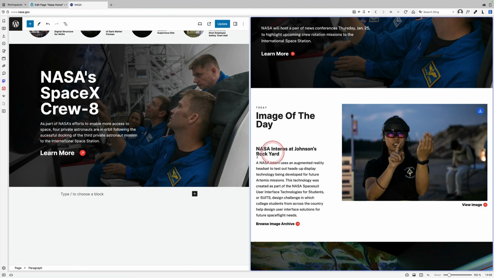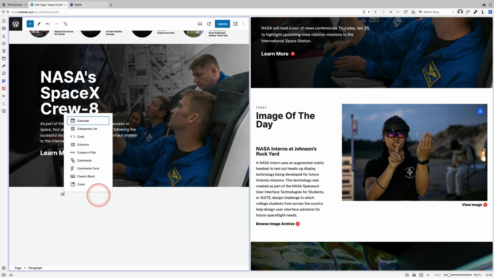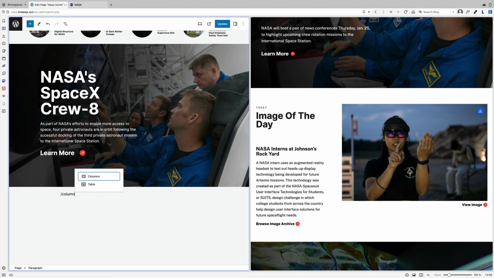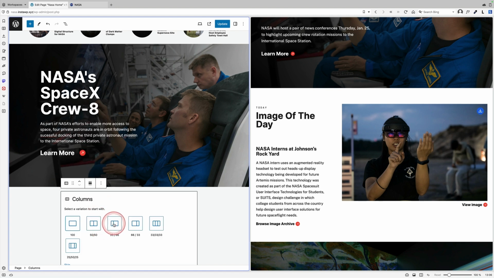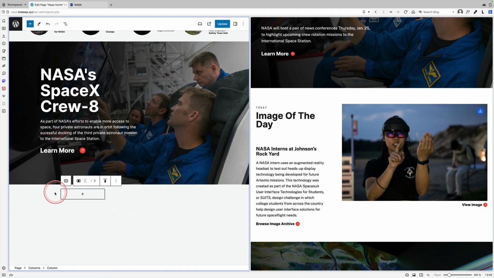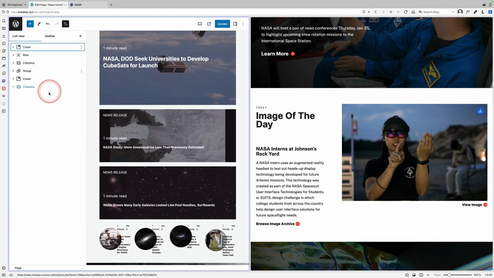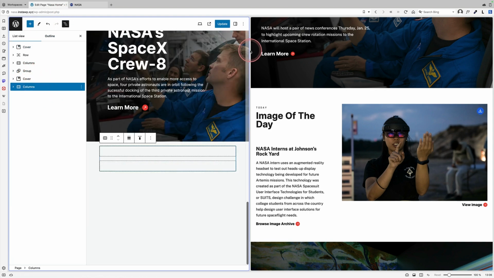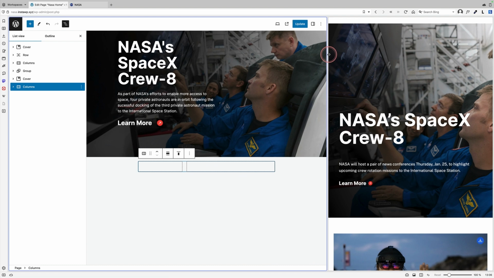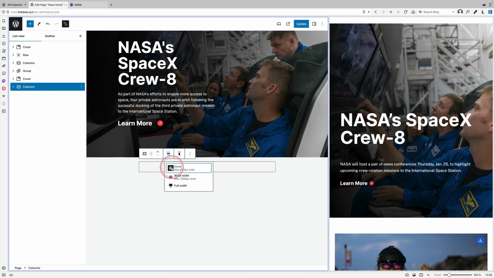So let's quickly build out this layout. We're just going to start by adding the columns block over here underneath our cover block. And then we're going to choose 2 columns, and you can choose the proportions. You can change this as you've seen before. And I'm just going to make sure I use the list view. I would always recommend you use the list view. Let me just stretch this a bit wider so you can see properly what I'm up to here. And the first thing I'm going to do is make this wide width.